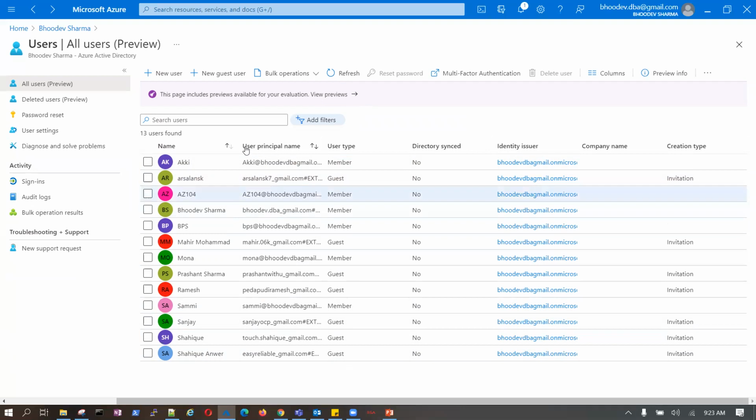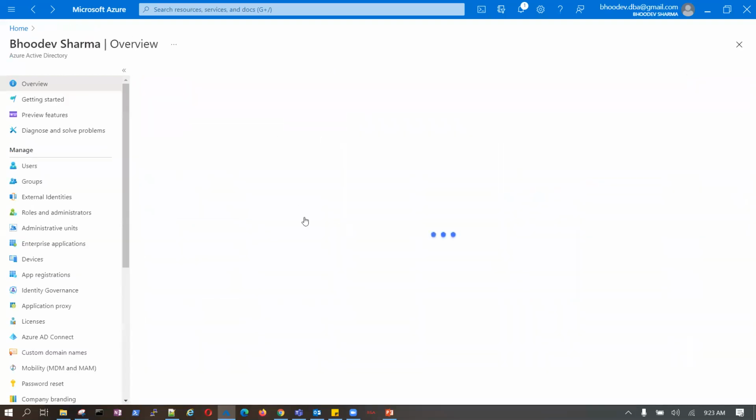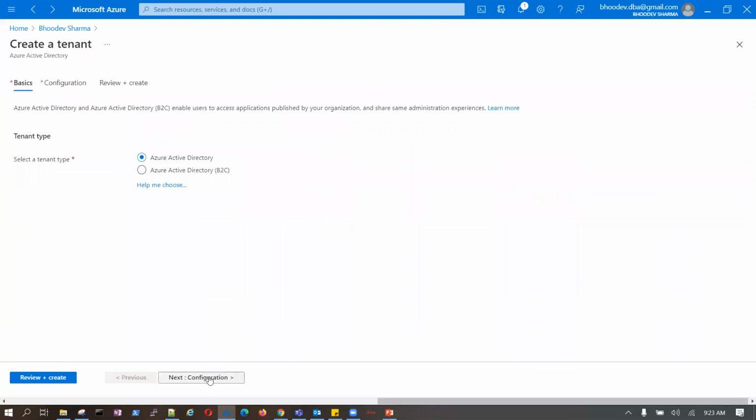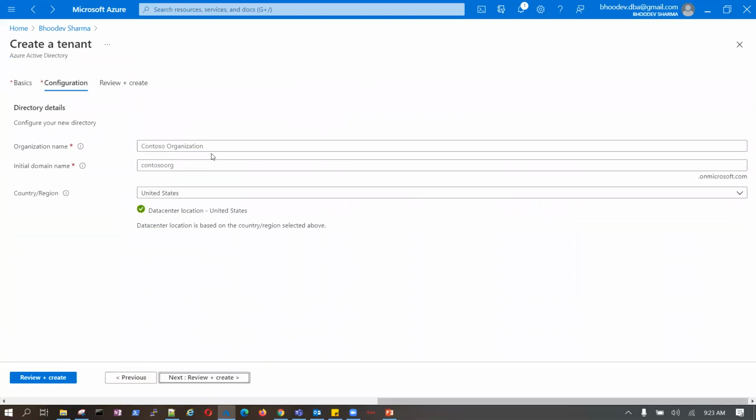But if I create a new tenant, it will come as a custom one. Now, if I say this is my organization, Bhudev Sharma one, and I want to create a domain, ABC, how will it go?